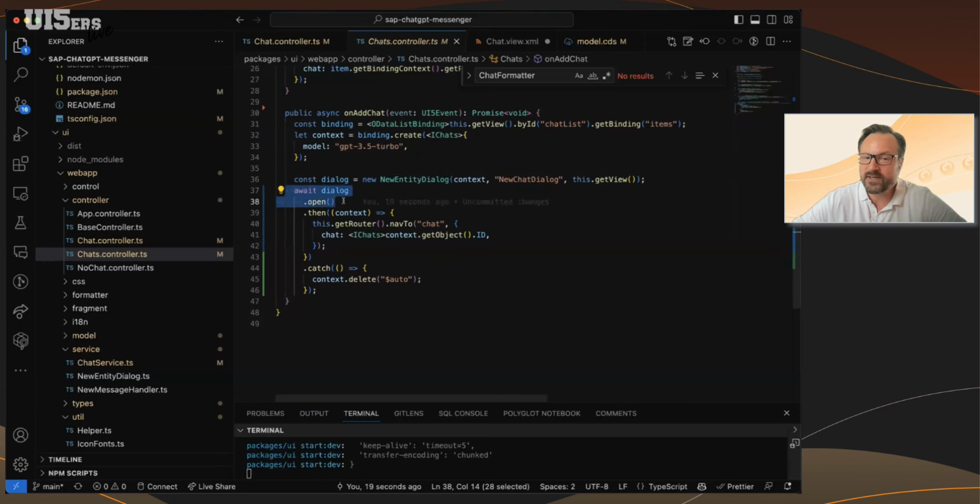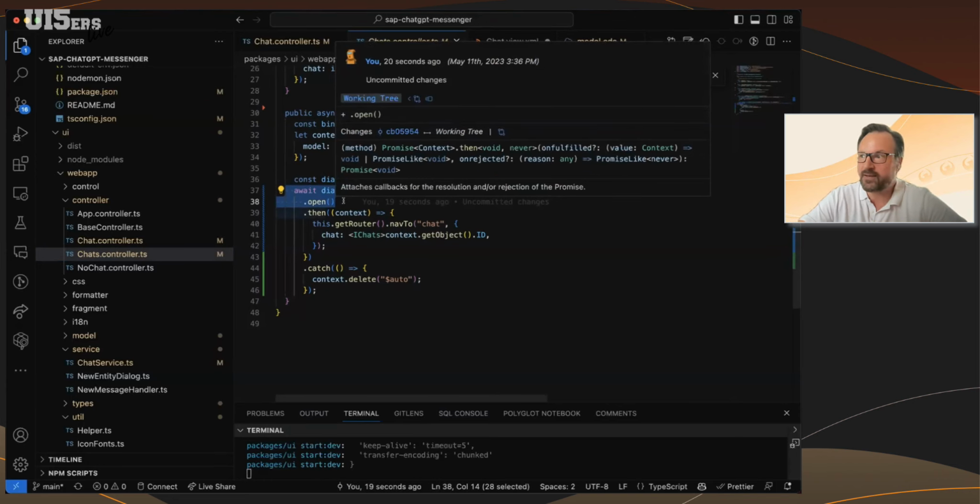Whenever I open this, I'm getting back a promise because whatever is done in the dialog may take some time, right? The fragment needs to be loaded, and the user needs to fill in stuff. In my controller, I'm just interested in when this is done: does it succeed, or did the user cancel this, or did it fail?